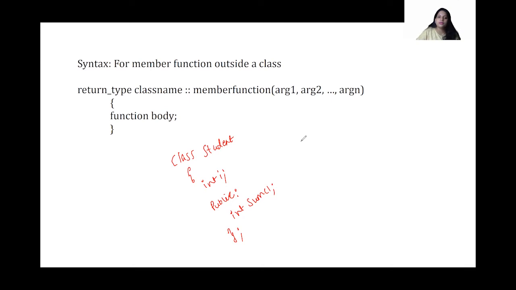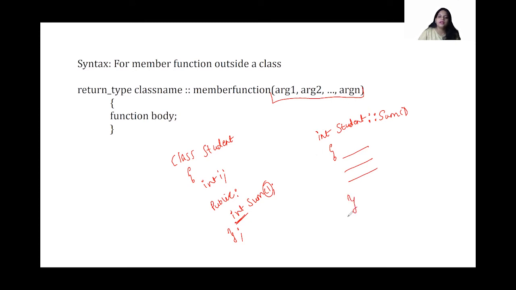So what are the things we need to take care of before defining them outside the class? We have to write the return type. Return type is what? In this case, it is int. We get it from here. Then we have the class name. What is the name of the class? Class name is nothing but student. Then we use our scope resolution operator and my member function. Now my member function name is sum. In this case, I am not using any parameters, but if at all you are using parameters, you are going to write them down over here. And then after that, I'm going to write all the code required.